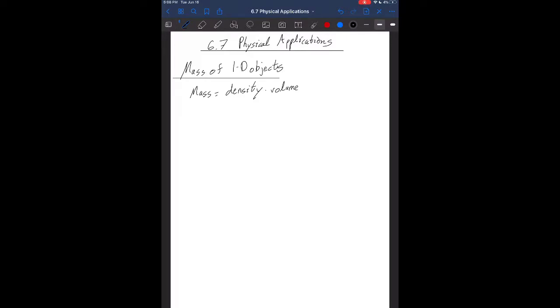However, in our case, this density is going to be changing. And this is where integration is going to come into play. So this is changing. In general, we are going to denote this density as rho of x. So what this means is that we need to come up with an integration formula in order to figure out what our mass is now going to be. So if we look at a picture, which I have here,